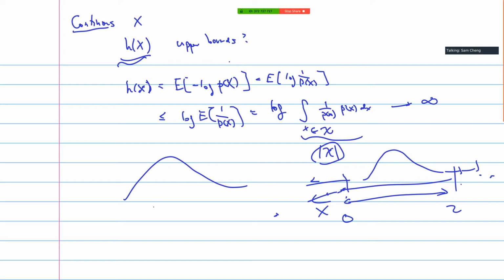And afterward, if you want to get a little bit of information about a random variable, I guess the first thing you think of is